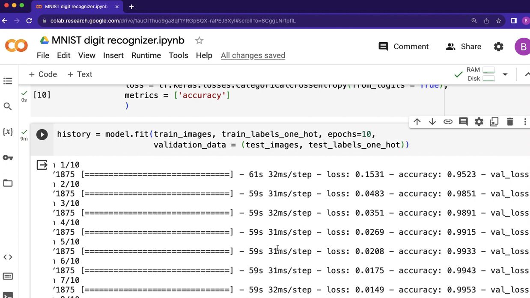We can also plot these metrics for better visualization. We can create a plot of training accuracy versus validation accuracy over the epochs, which can help us in understanding how well the model is learning and whether it is overfitting or underfitting. So let me just show you how to plot